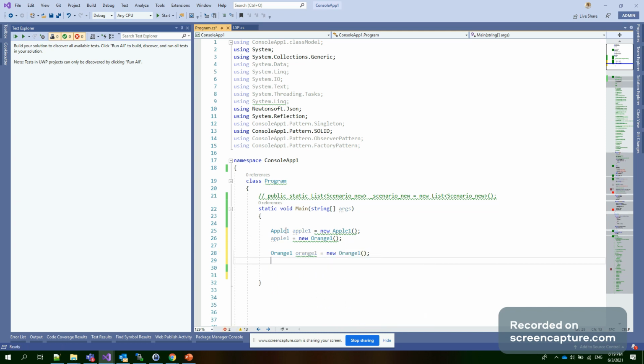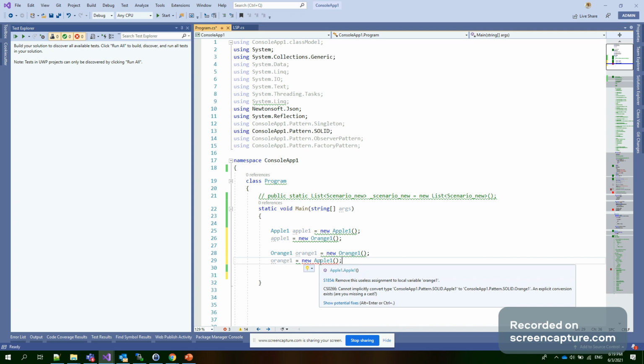Now the problem will start here. We try to use the same object to reinitialize with the other class. If we have the Apple one and do this, you can see we can't initialize it; there is an explicit conversion error.